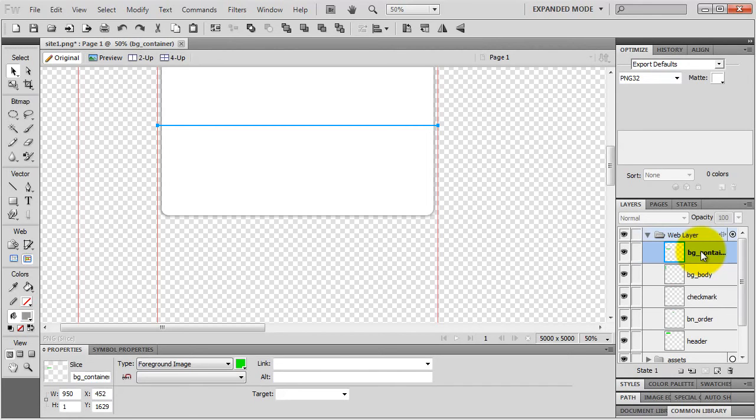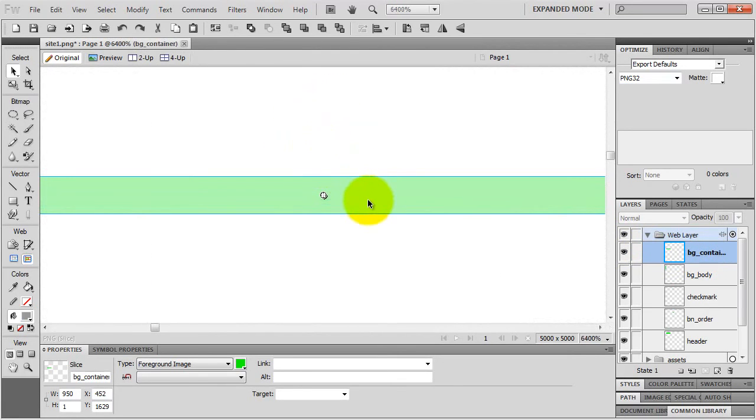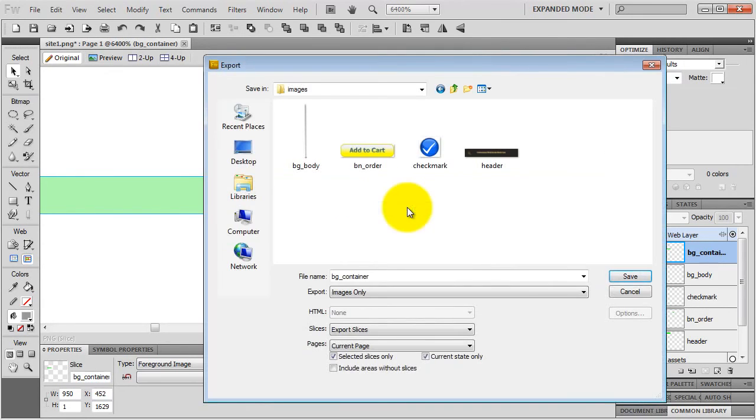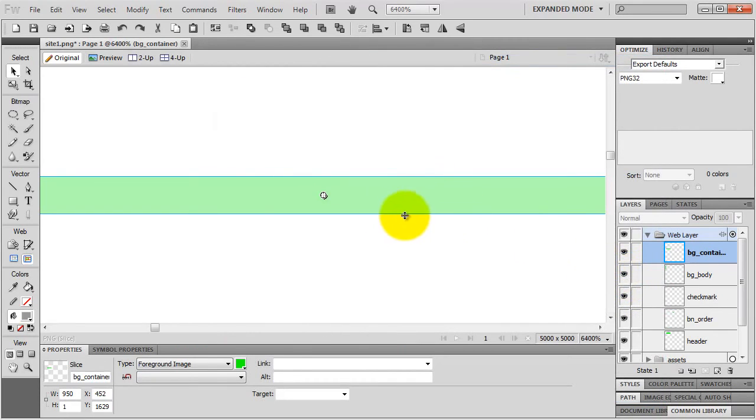Now I just export it, select it so I can zoom on it, right click on my slice or control click on the Mac and export selected slice, click save, and that's it. Zoom out,